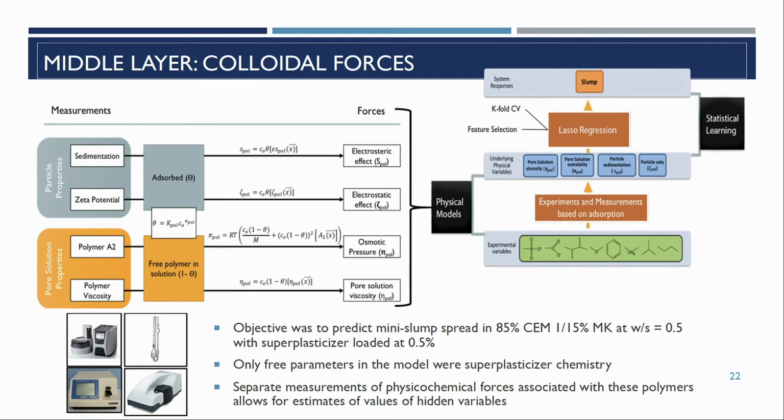And then we were looking at these 4 colloidal forces: viscosity, the osmotic pressure, which we took as the second virial coefficient, the zeta potential, and then sedimentation, which was sort of a poor man's approximation to a way of estimating an electrosteric effect. So what we did here was mostly measurements. The first 3 measurements were actually only polymers done in solution, so there was no cement around. And then the last one had a very low concentration of ceramic particles in it to do